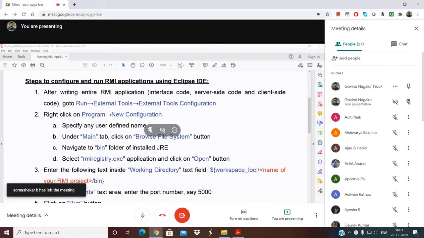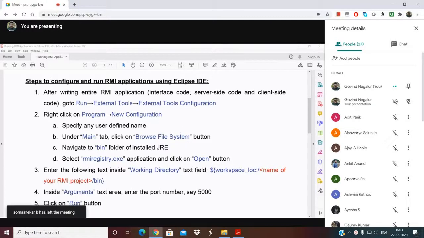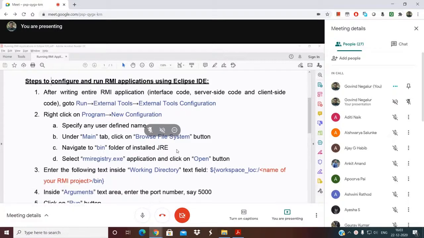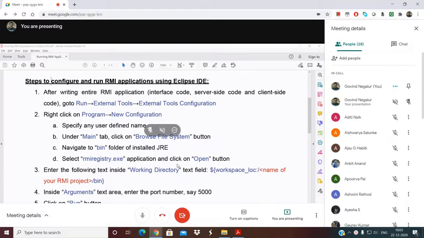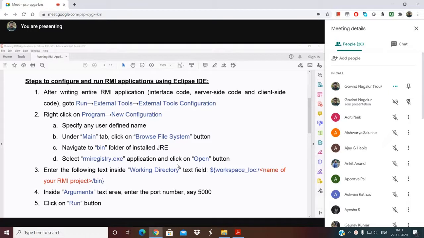Govind Neglur is an external person giving a session for the Java. As you know, Govind sir is well versed with Java programming. So he will be taking one topic among the things that need to be discussed. Probably in the previous class, I have already talked about how to create RMI application. Now, sir will be telling about how do you go ahead in the Eclipse platform. So over to you, sir.